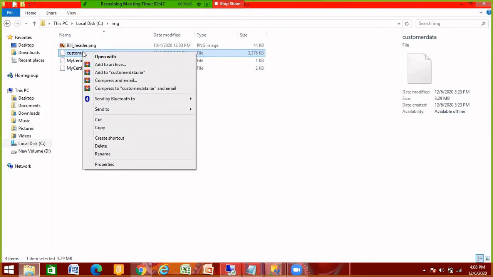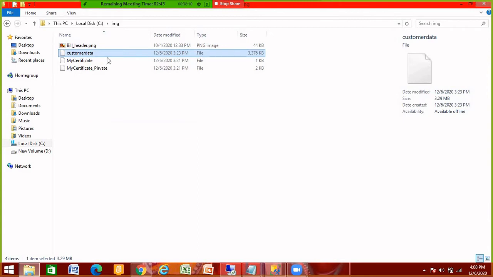This is my backup, and I have to restore this on my existing replica.